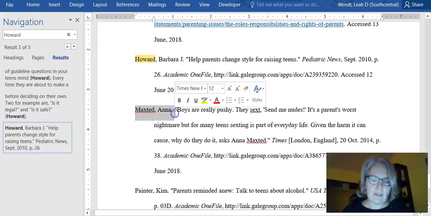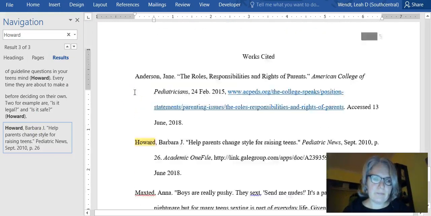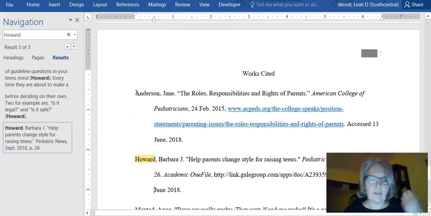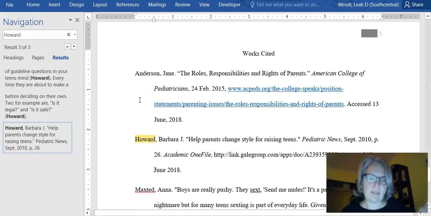Another way to do this is you can mention the author's name in the sentence, and that's also okay. And that would serve as your citation if it's a short sentence. Remember, if you're paraphrasing, you also need to include a citation. And it's always better to